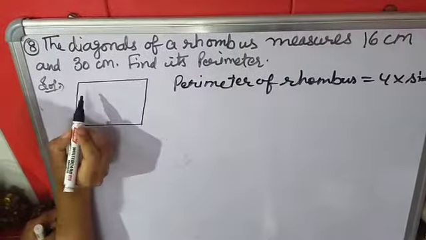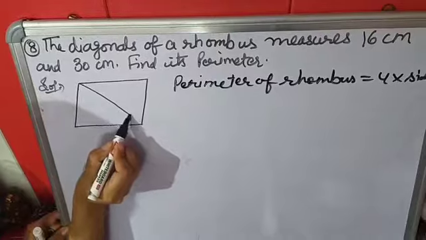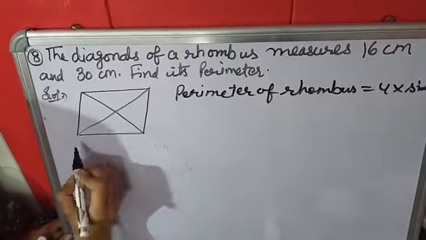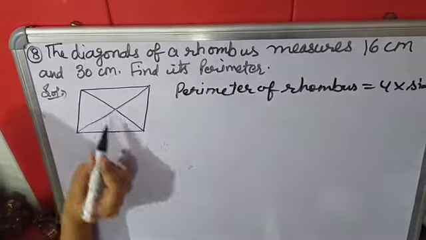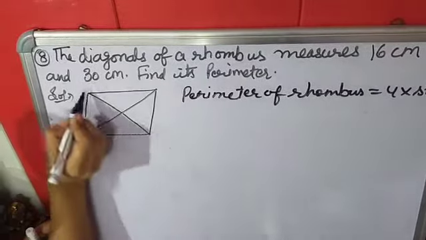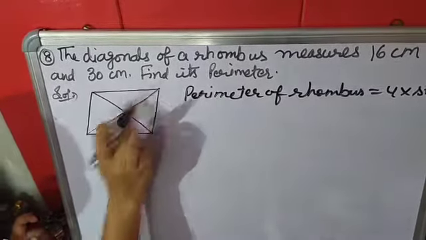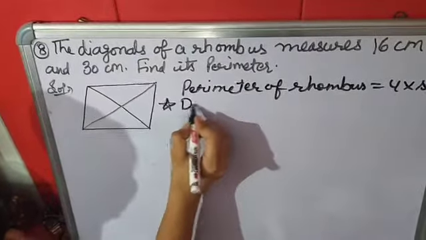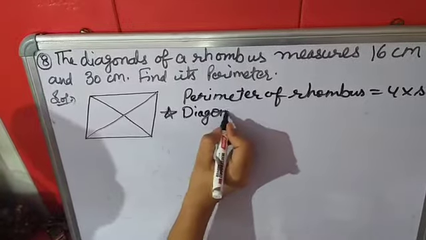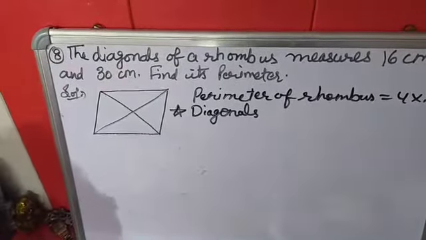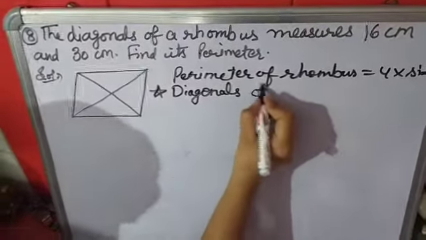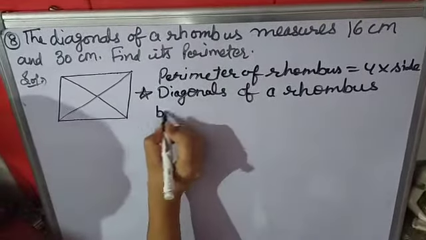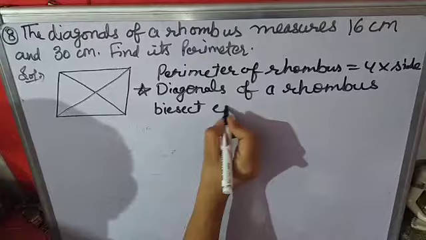Now I will draw its diagonals. This is the first diagonal and this is second diagonal. Now the length of first diagonal is 16 centimeter complete, and the length of this diagonal is 30 centimeter. Now there is one property of rhombus, that diagonals of a rhombus bisect each other